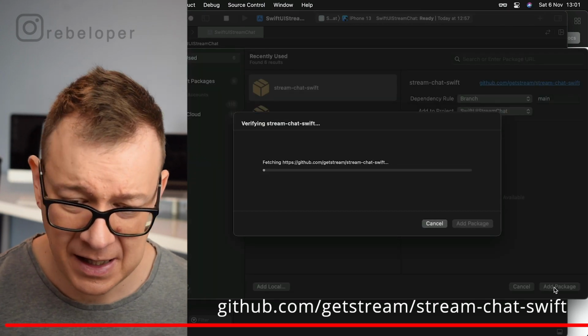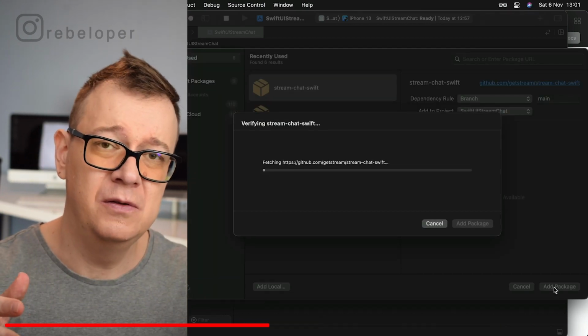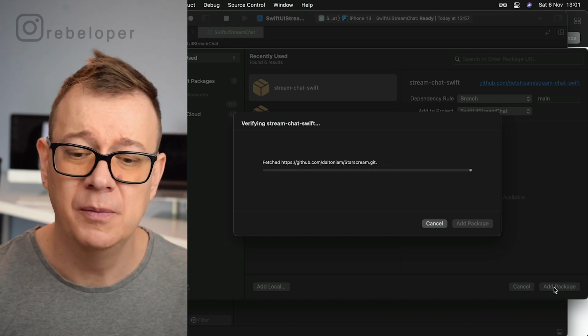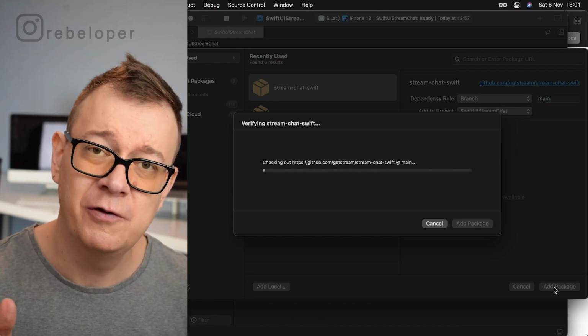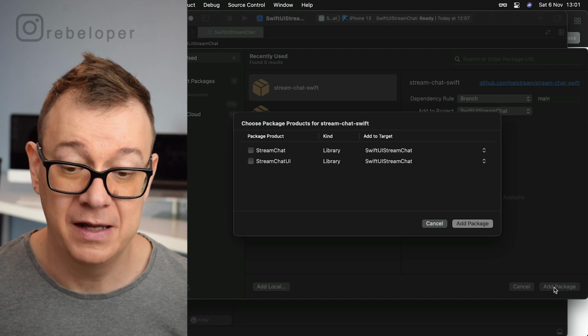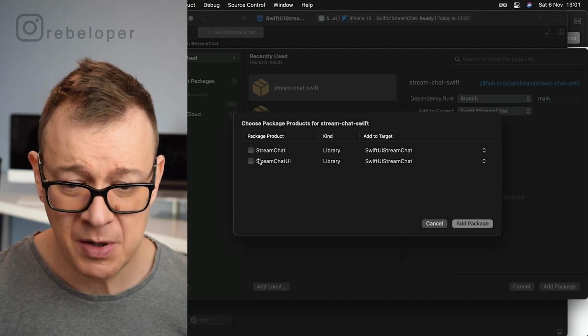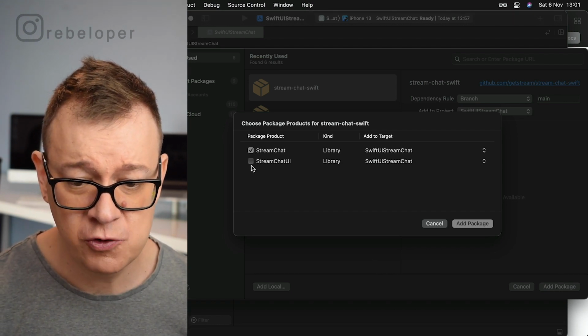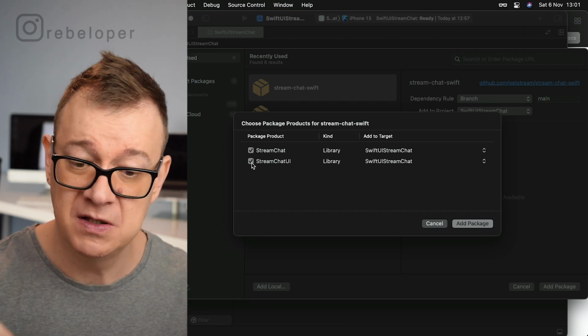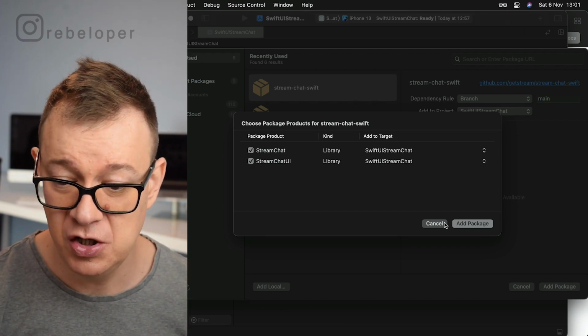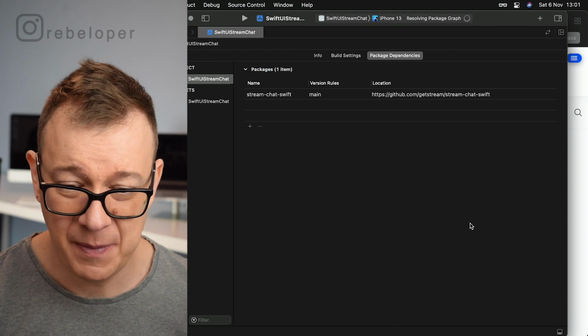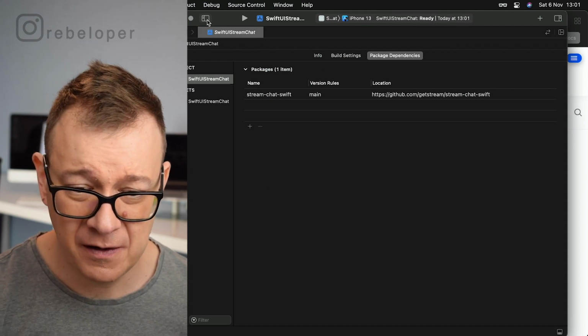So let's just add that package. If you do want to get the link from GitHub, then just search for it and you will be taken to that GitHub repository. What you may want to make sure is that you select both of them, StreamChat and StreamChat UI. So let's add that package right over there and we are done.